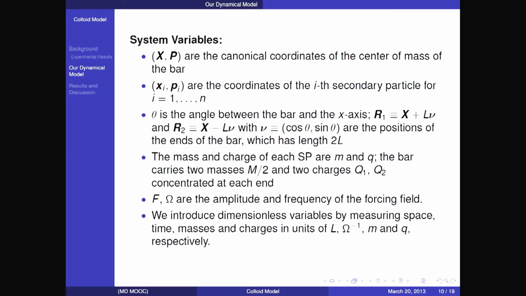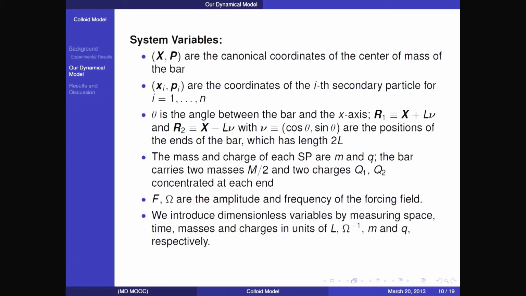You've got a mass and a charge on each of the small particles, which is m and q. The bar itself has two masses, which are m over 2, and they have two charges, one at each end. You've got the amplitude of the field. You've got the frequency of the forcing field. And